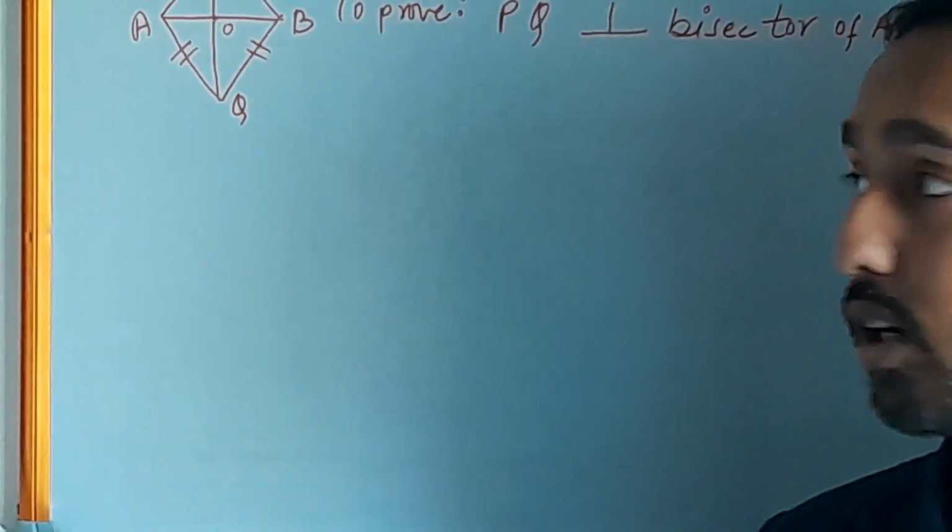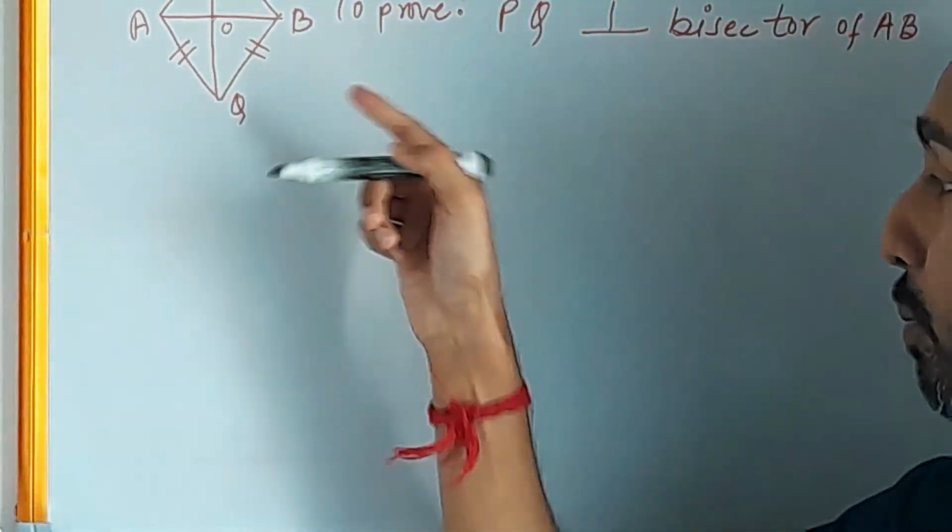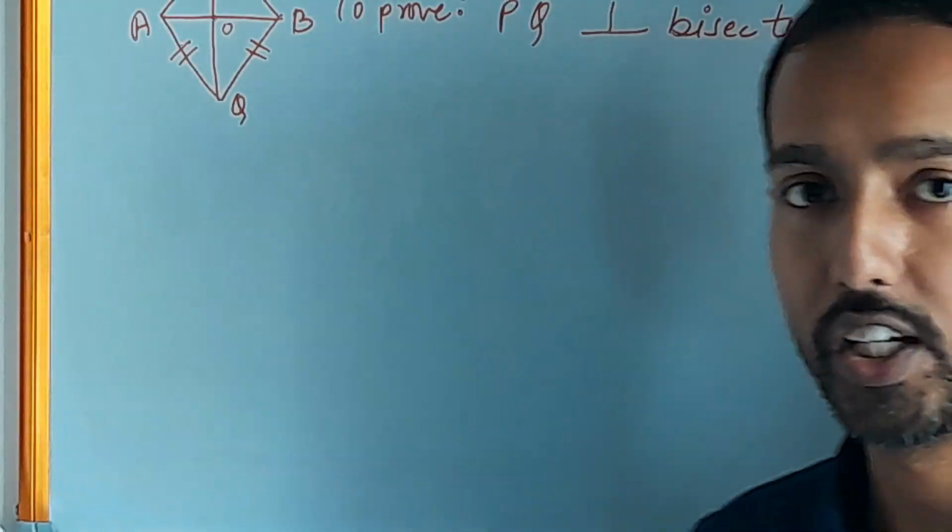prove that PQ or PO, you can say PQ is the perpendicular bisector of the side AB. It means that we have to